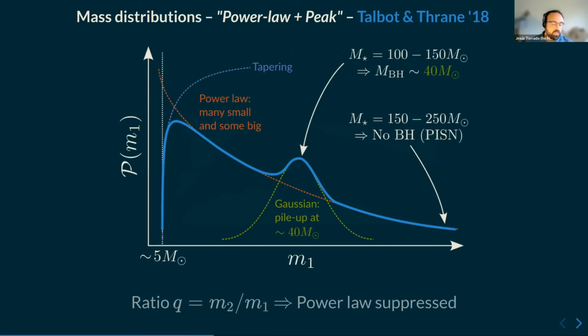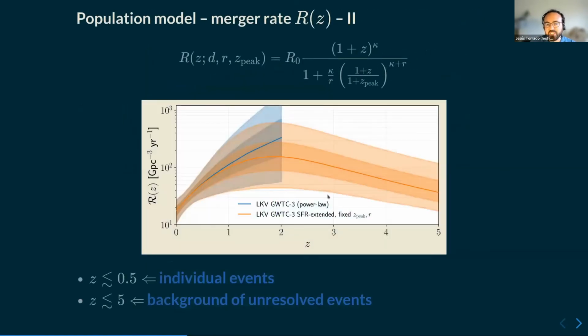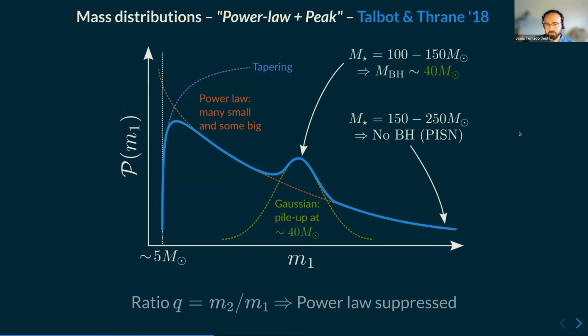In particular, of all the models that LIGO Virgo KAGRA tested, we are interested in the one that was called power law plus peak. Power law plus peak refers actually to the distribution of masses of the heaviest event in the binary, heaviest mass in the binary, but also the inference that we are managing on the rest of the parameters depends on what you choose for this, right? So we can also call power law plus peak the full model. And it's called power law plus peak because, as many of you probably know much better than me, on top of the typical inverse power law for modeling a population of events for which there is not much knowledge of the mass, so it only assumes that there is a lot of non-massive events and a few massive ones,